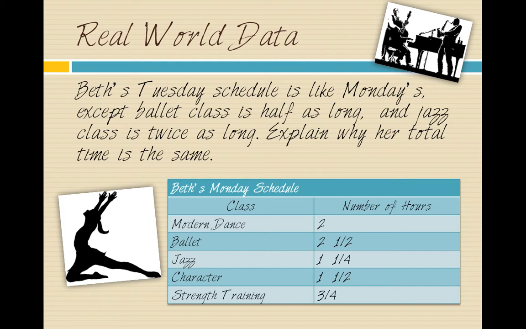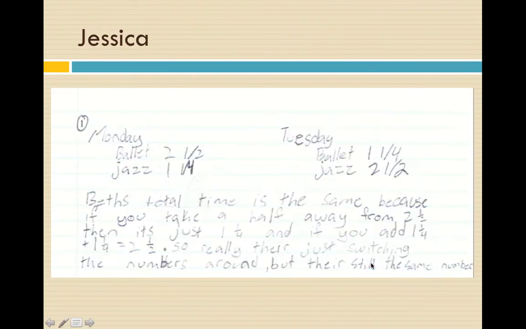It says Beth's Tuesday schedule is like Monday's, except ballet class is half as long and jazz class is twice as long. Explain why her total time is the same. So that's number one. Here, my first student, Jessica, completed the problem and said that Beth's total time is the same because if you take